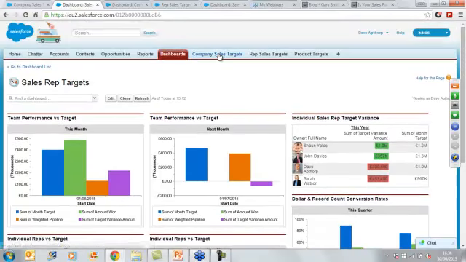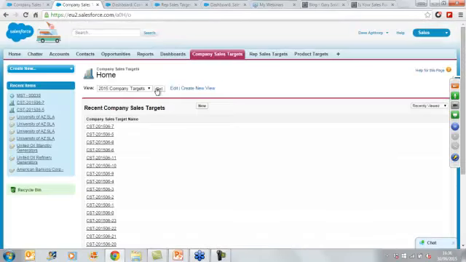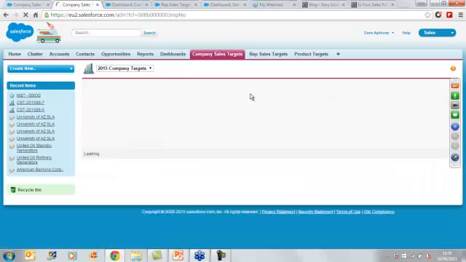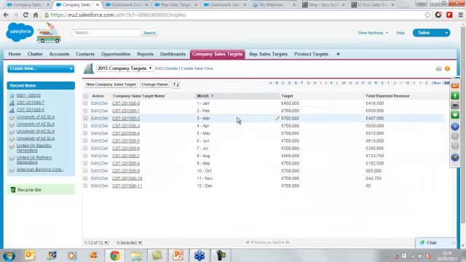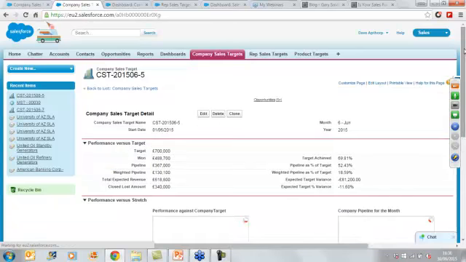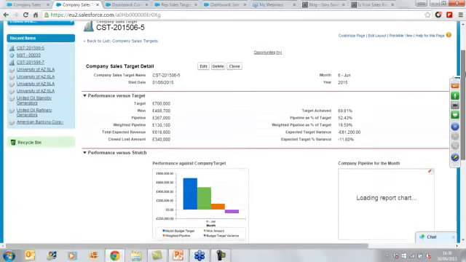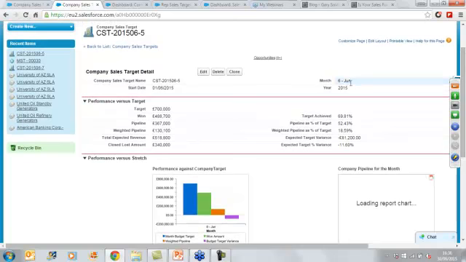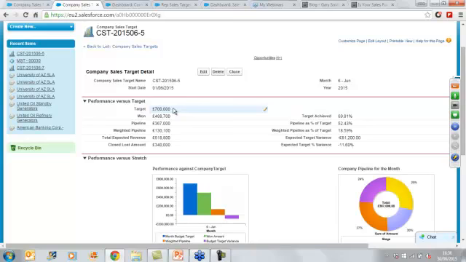Well, let's just click on this tab here. So we've got an object in the system called company target, and let's pick the June one. Let's just have a look at that. So this is an individual target record for June 2015. You can see that my target is 700,000, and I've so far won